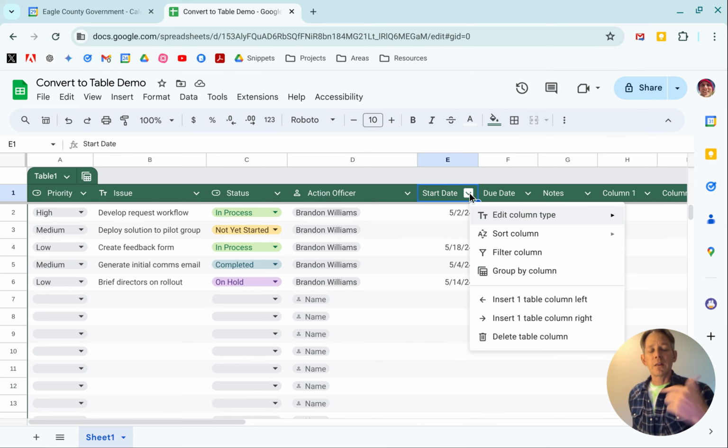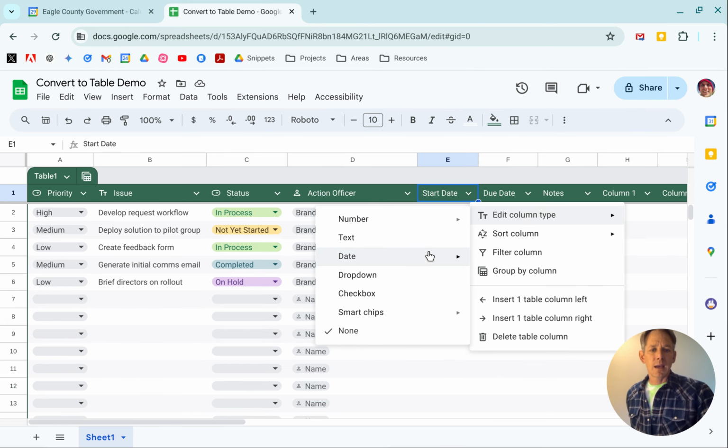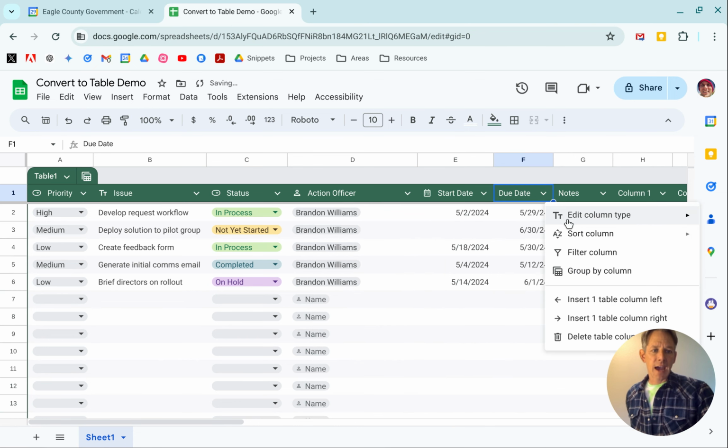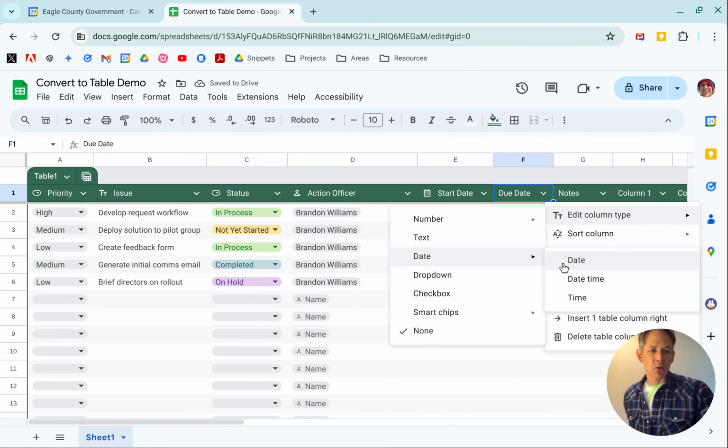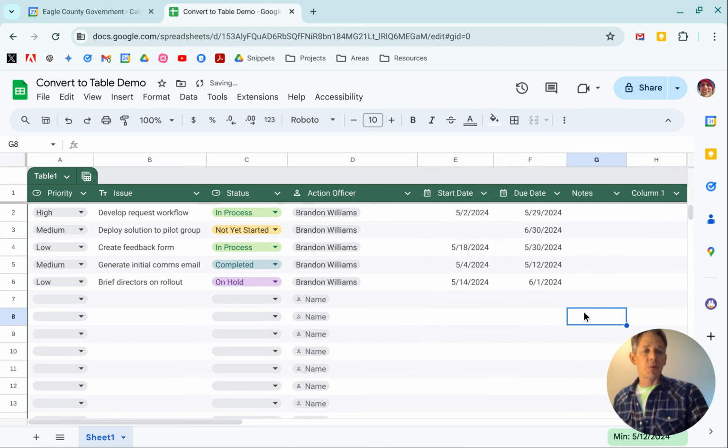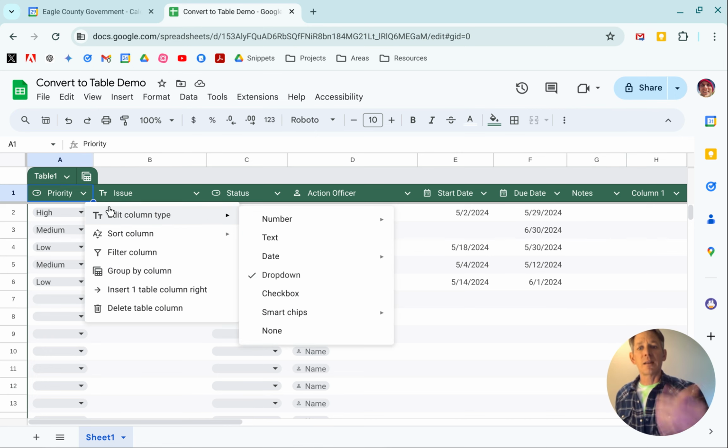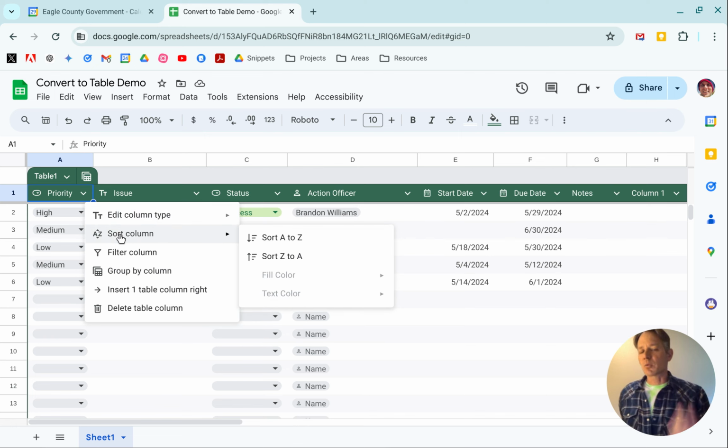So on the start date, we're going to go ahead and apply a date. And that just allows us to be able to apply a standard date so that if we pull it into things like Looker Studio, or we want to create a timeline chart, it just makes sure that all of the data that goes in here is actually structured. So we've looked at the actual data column types. Now, once we've actually selected those column types, which kind of helps it be standard as we go forward,